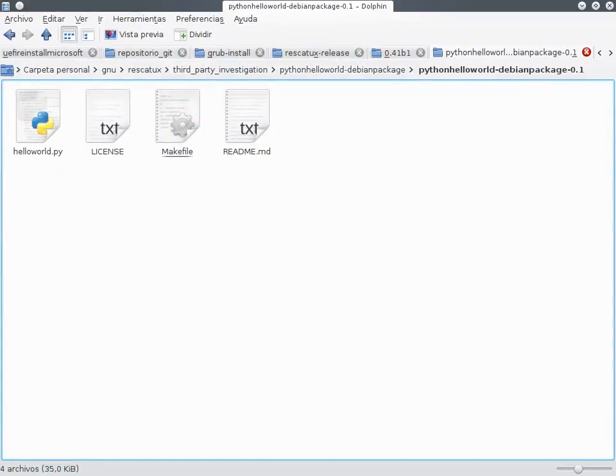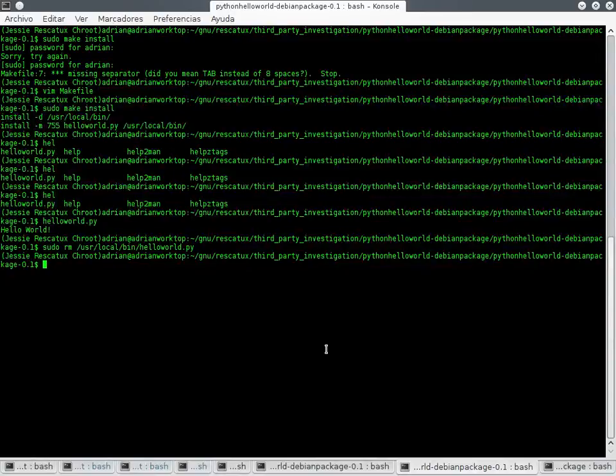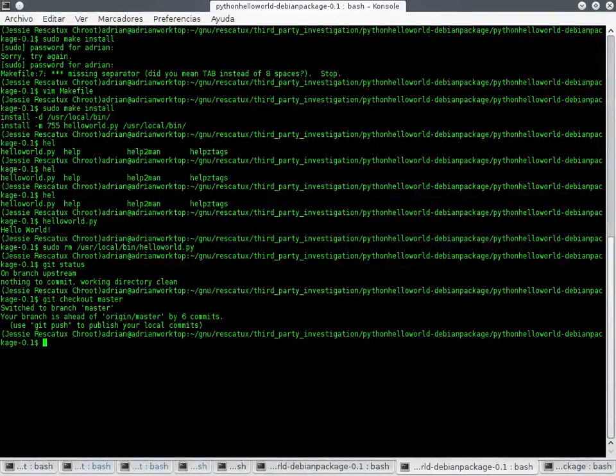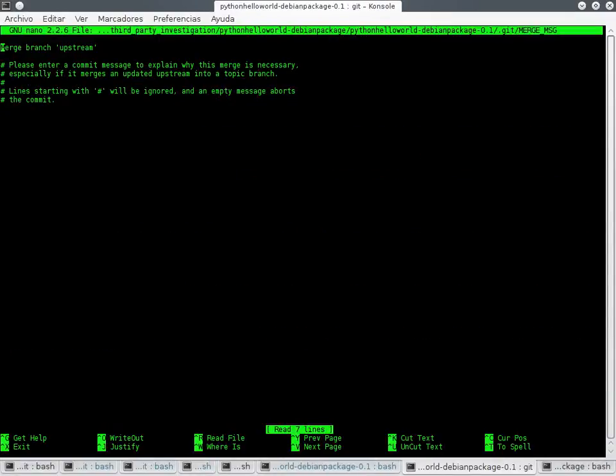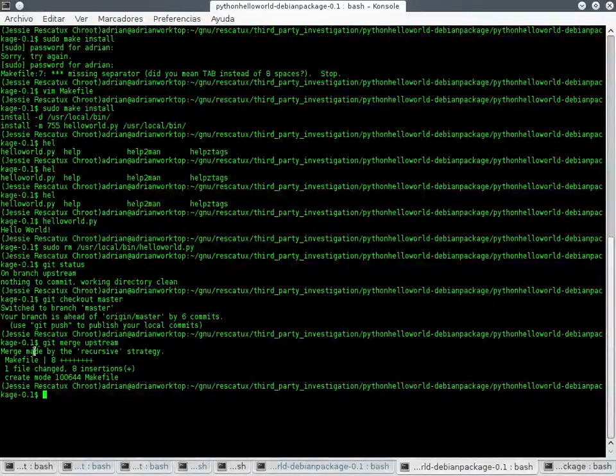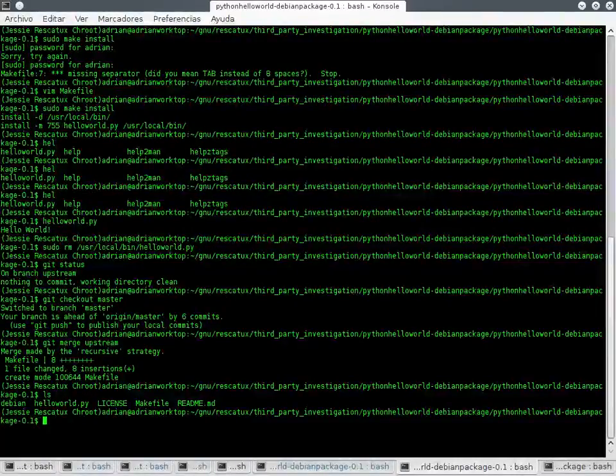So now I'm going to push this makefile into the, what's the name? Into the Debian package. Okay. So what we are going to do is to go into master branch, and I'm going to merge the upstream branch, and this is going to be a fast forward. Well, I guessed. So now we've got the makefile,